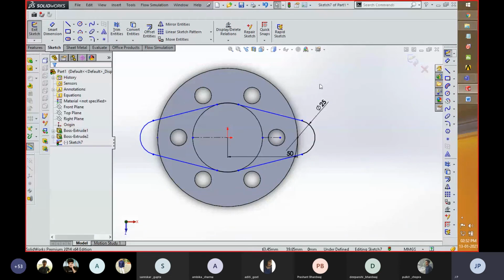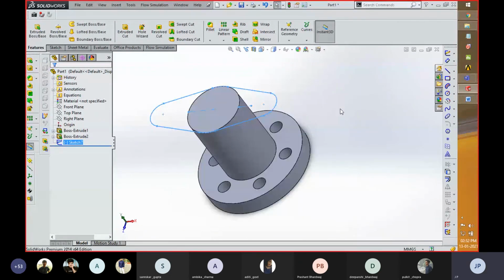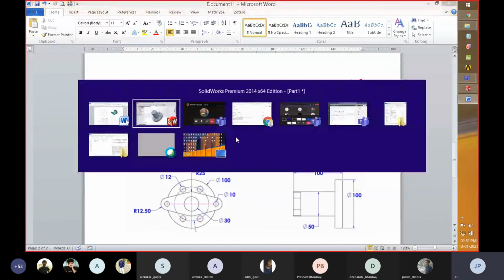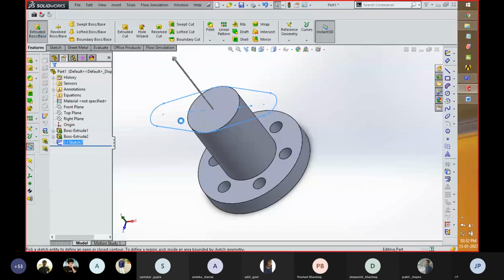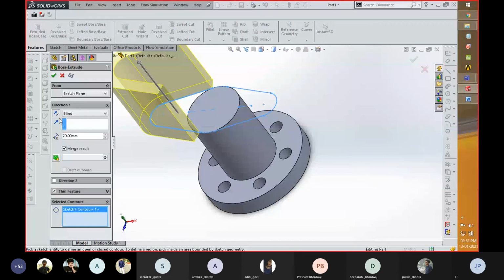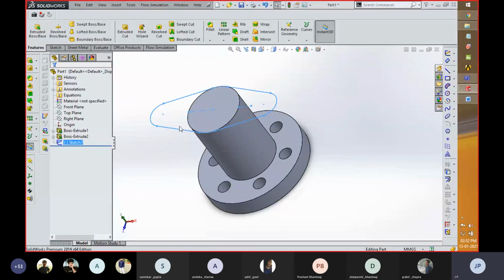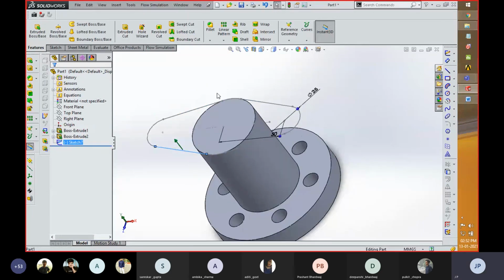Now what we have to do at last is convert this sketch into a 3D. Depth of this is 15 millimeter. Now we can convert this sketch. I think it is open right now.